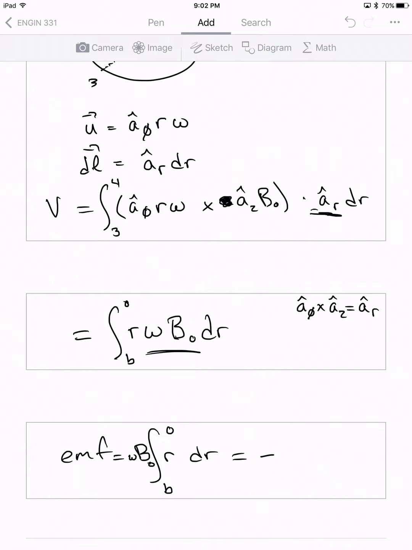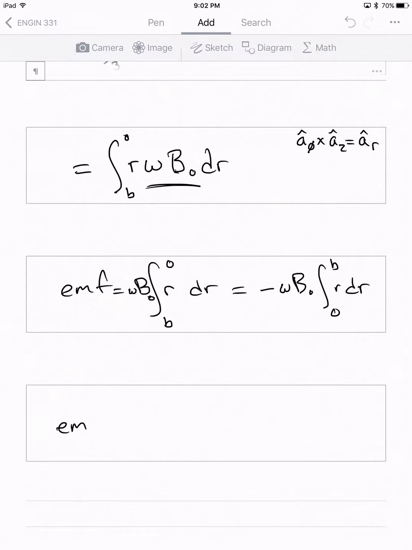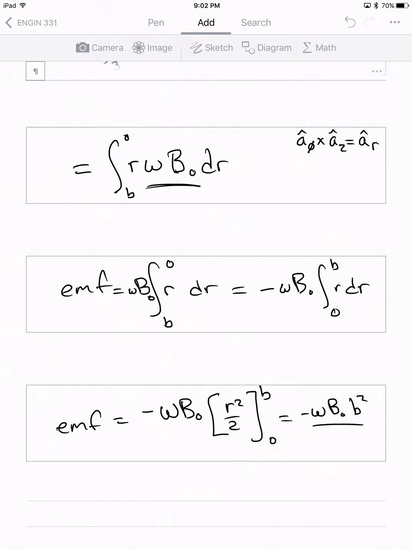So that's equal to minus omega B naught integral from 0 to b of r dr, which evaluates to EMF equal to minus omega B naught r squared over 2 evaluated from 0 to b, which is minus omega B naught little b squared over 2. That's your induced EMF. So the faster you spin the disk, the